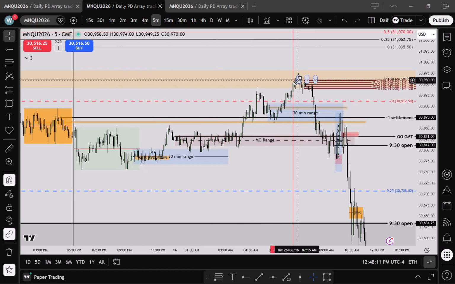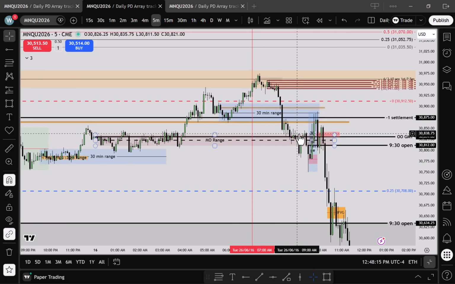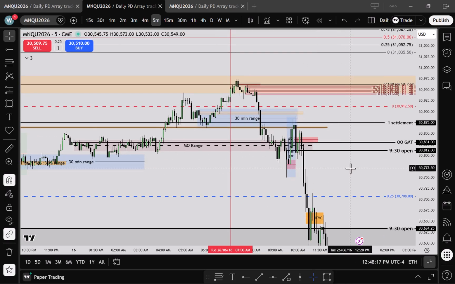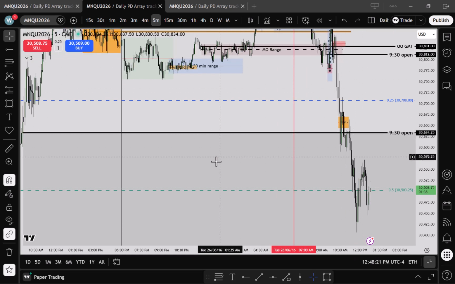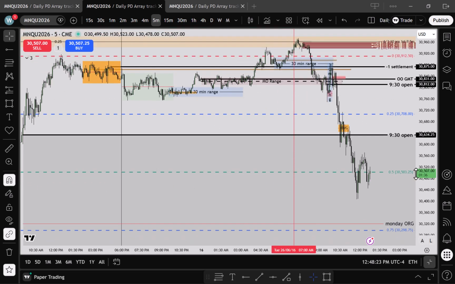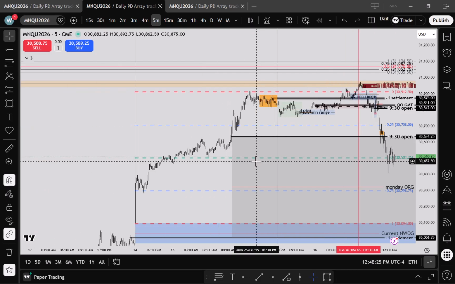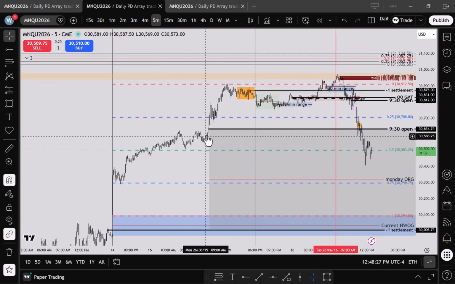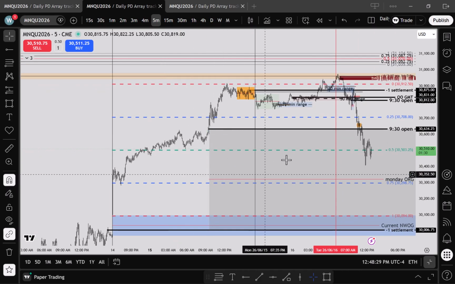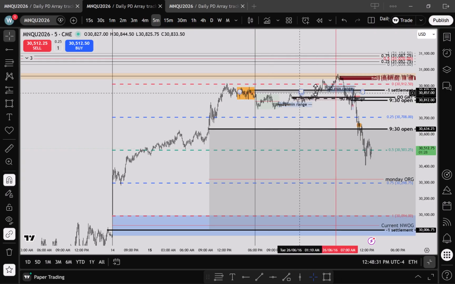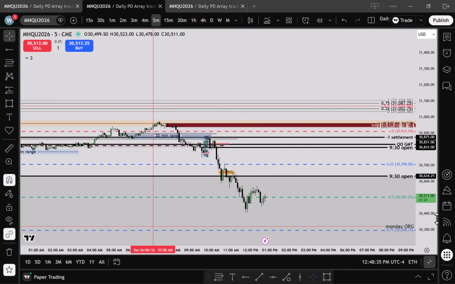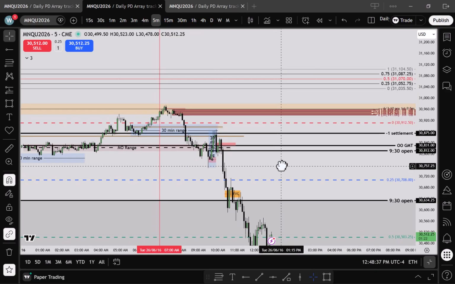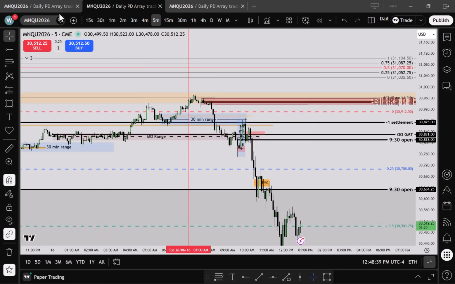Took out yesterday's high. Traded back down below it. And then again, going off of the fact that yesterday's opening range gap on this contract had never been traded to, because this is the 9:30 open. So adding all of those in there, that was my draw. And what I learned over the last couple of days with all of that